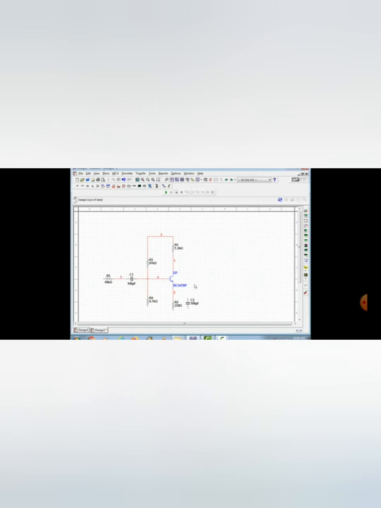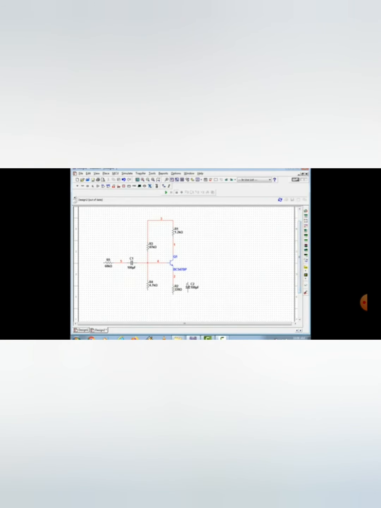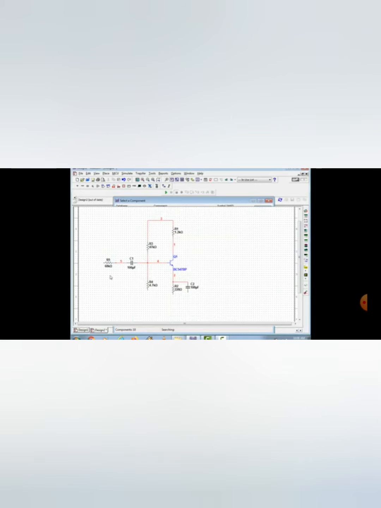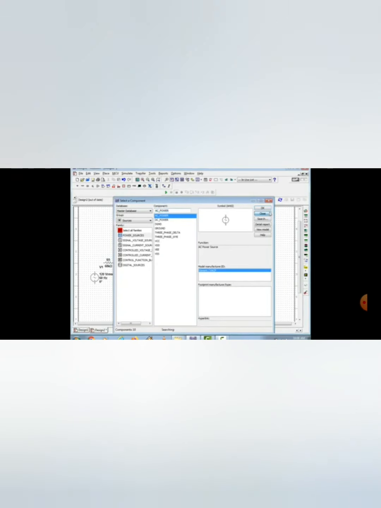Connect the capacitor to the resistor. The bypass capacitor. Input, AC signal input.